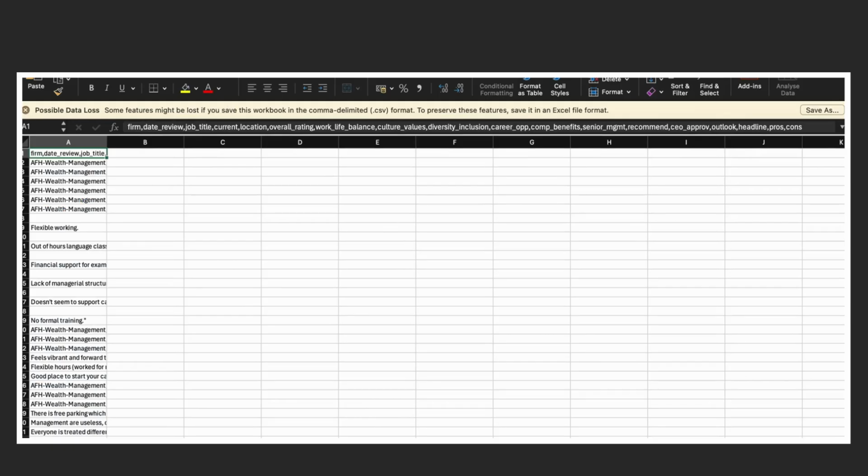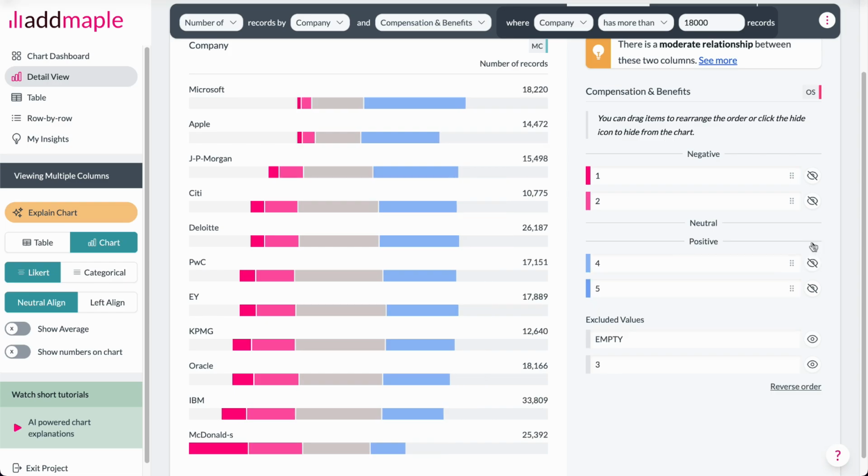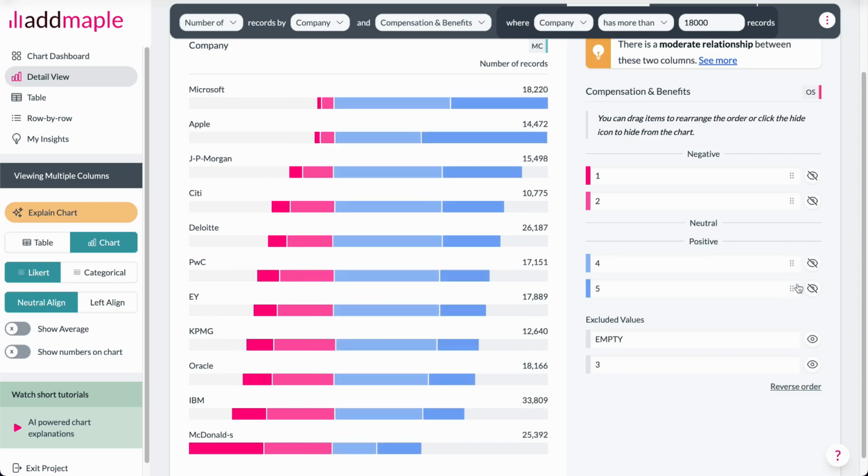Oh, hang on, Excel just finished and it put all the columns inside one column and didn't actually display all the rows. Now where were we? Or you could hide the neutral to view the top 2 versus the bottom 2 boxes in a Likert scale